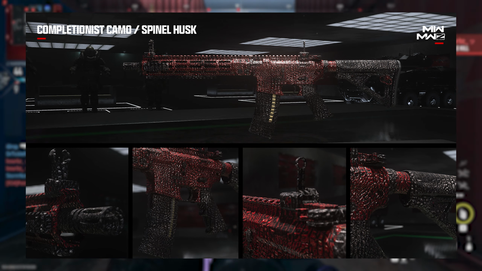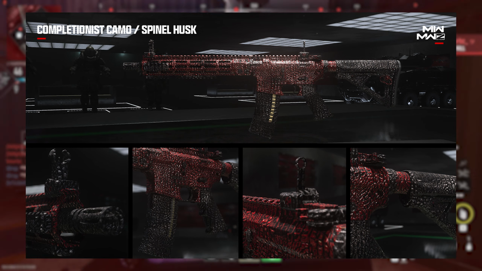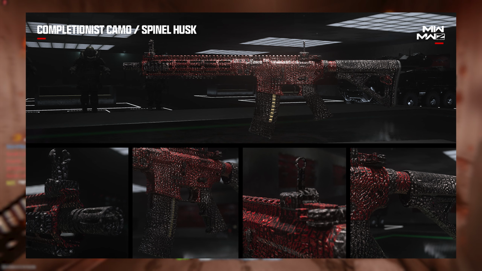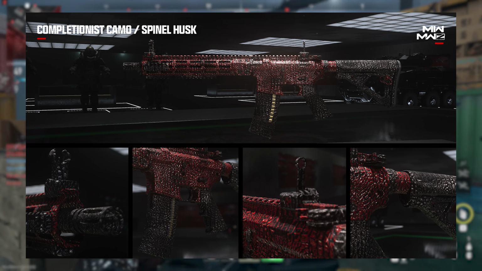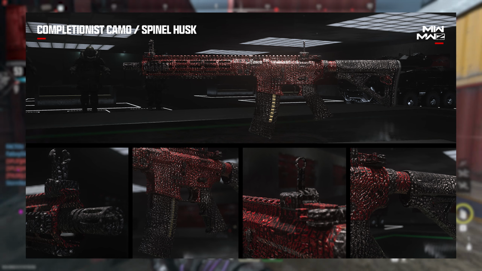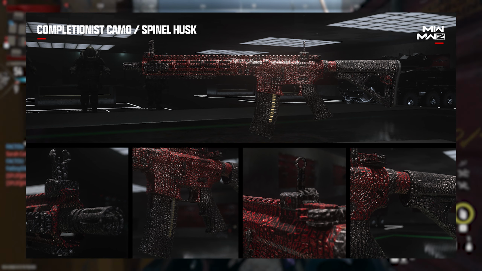The second one up here, we have Spinal Husk, and this one is fire. This one is what I'm going to be going for. I'll probably do the MW3 camos first, but this one is giving me not only Gorod Krovi vibes, but also Mob of the Dead. It looks like a mix of both of those Pack-a-Punch camos, and this one is sick. The only thing that could have made this better is if this one was a...